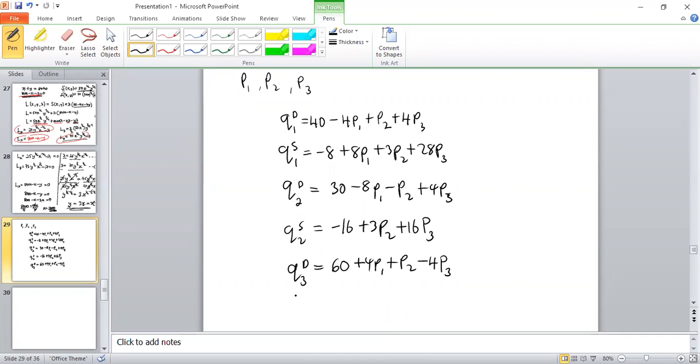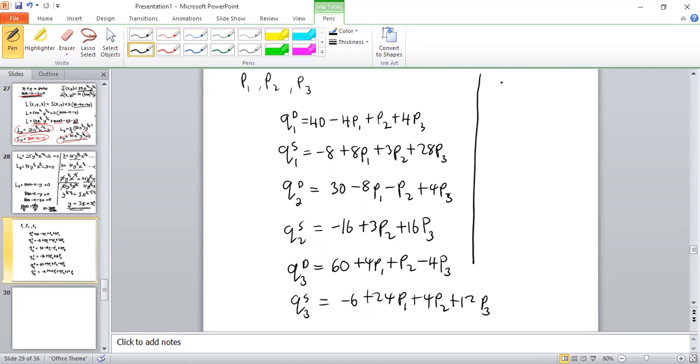Then we have Q3S is equal to minus 6 plus 24P1 plus 4P2 plus 12P3. Then they have given the information to say at equilibrium,